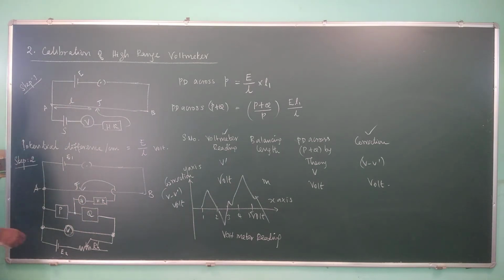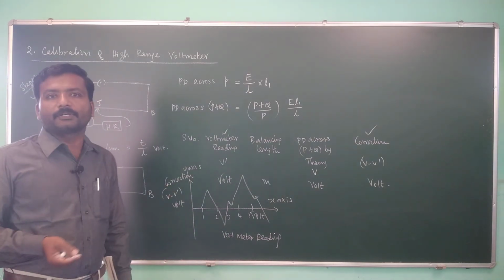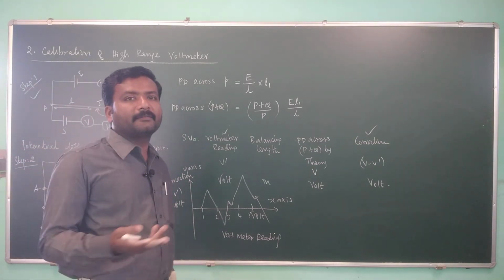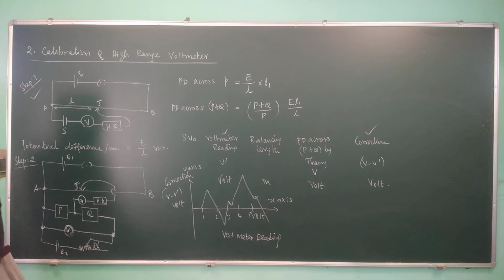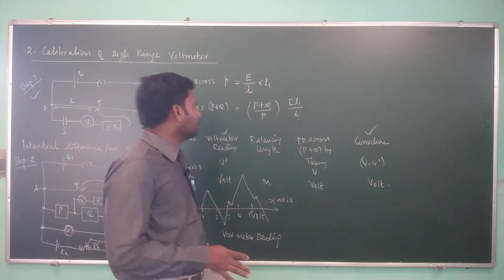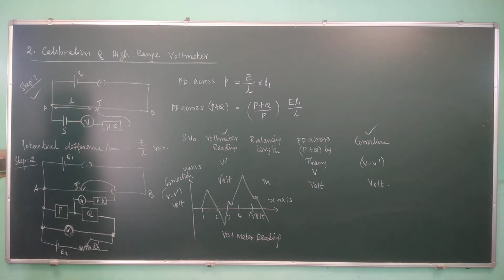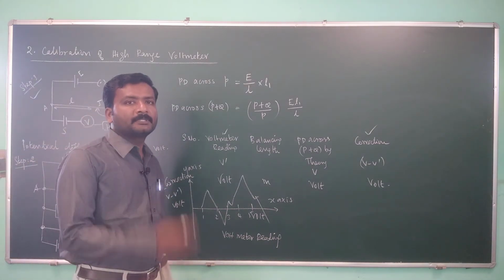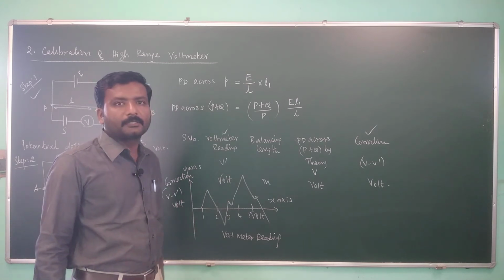So in each case, the first part of the circuit is the same, while the second part is slightly different. But we are effectively calculating the potential difference, and applying it based on that only. If you are calibrating a meter, we convert it into current by applying an extra resistance here. In these two cases, we are dealing with potential, that is voltage, across this point, right? So this is how we can calibrate the high range voltmeter. These are all simple experiments and simple theory, so you can go through them. This is not too hard to understand, I hope.